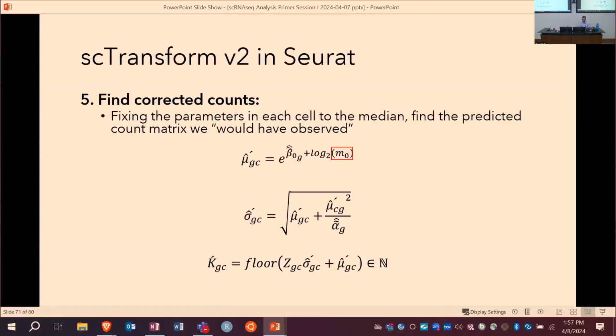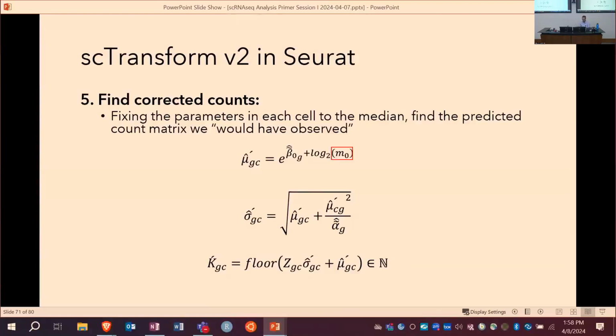So if you picked, let's say, the median total UMI counts of all cells in that sample and fixed MC to that median, call it M naught, then essentially what you get is a predicted mu, call it mu hat prime, that's predicted that you would have observed if you had observed that median count in that cell,